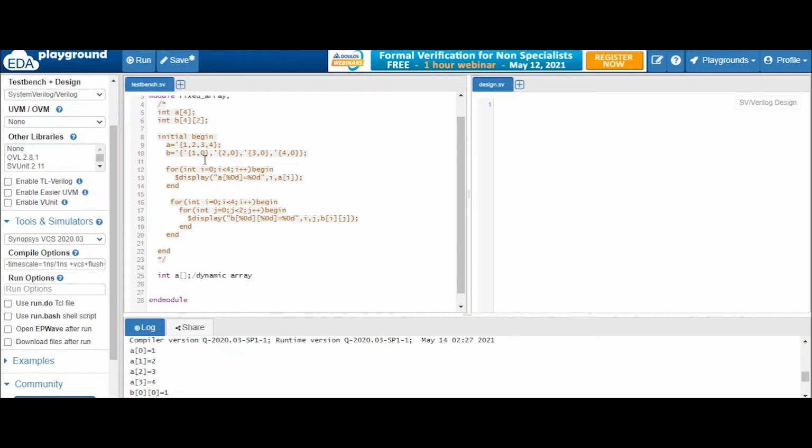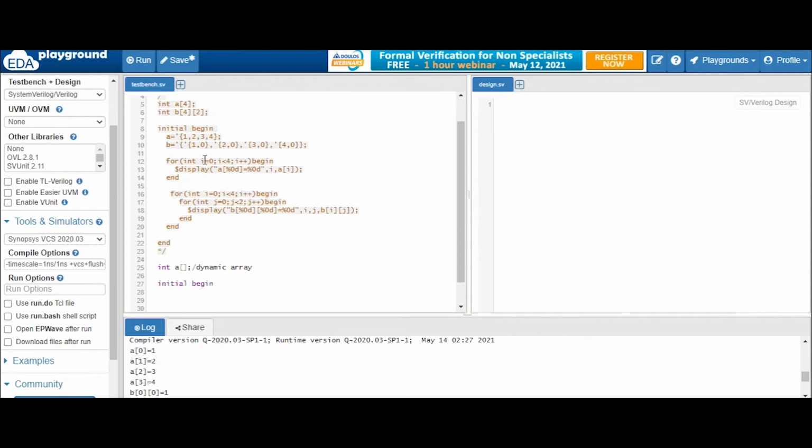So what is the basic difference between the dynamic array and the fixed array? In the fixed array, you are fixing the size before runtime, and in the dynamic array, this array has not been created yet. For creating this array, you have to assign memory to it.